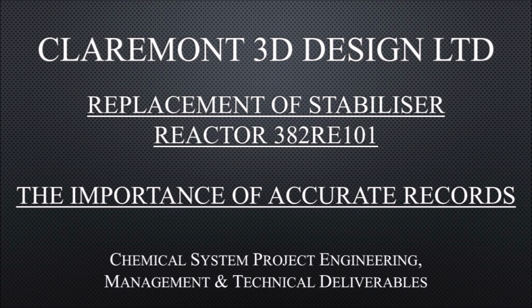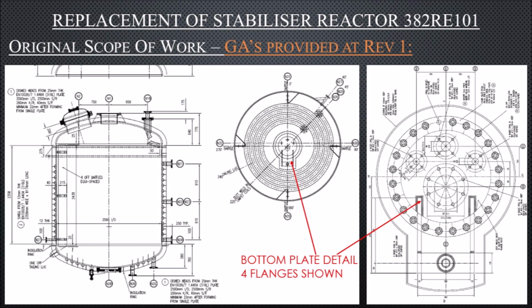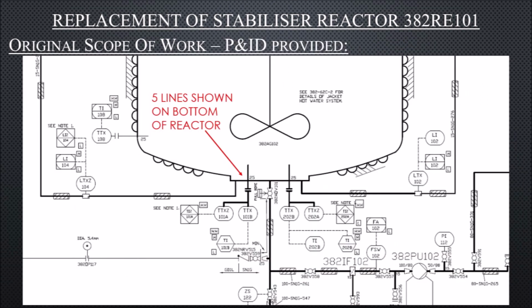Old records of existing equipment, reactor replacement. A client requested a project to replace an existing reactor, providing revision 1, which showed 4 flanges on the bottom plate. The option of simply following this instruction could have been taken, but following procedures this was checked against the